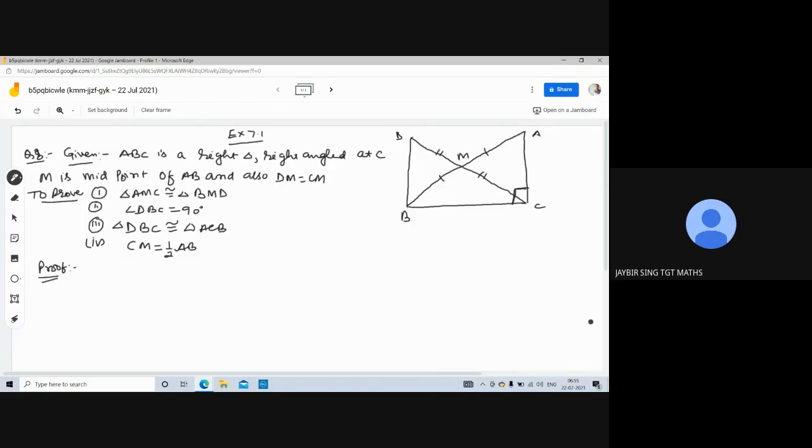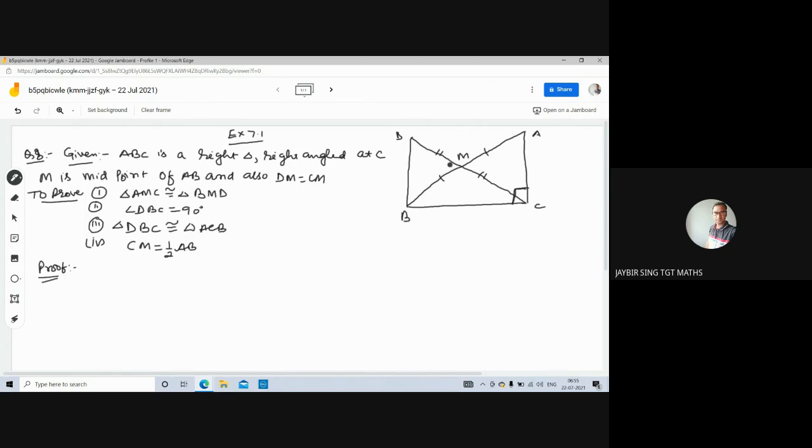Morning class. Today, question number 8 of exercise 7.1. Question is, in right triangle ABC, right angled at C, this is 90 degrees. M is the midpoint of hypotenuse AB. AB is the hypotenuse and M is its midpoint. C is joined to M such that